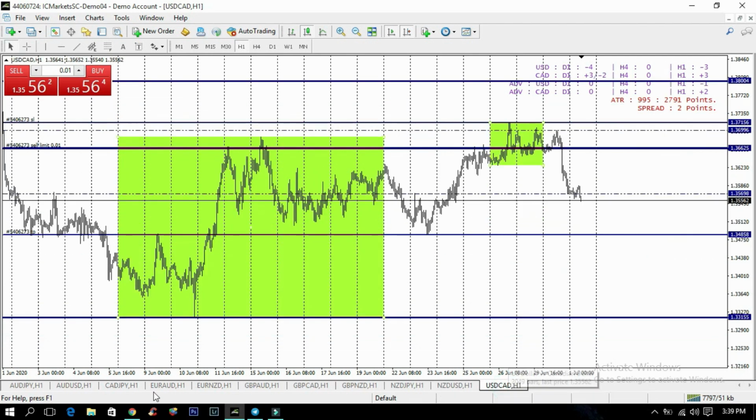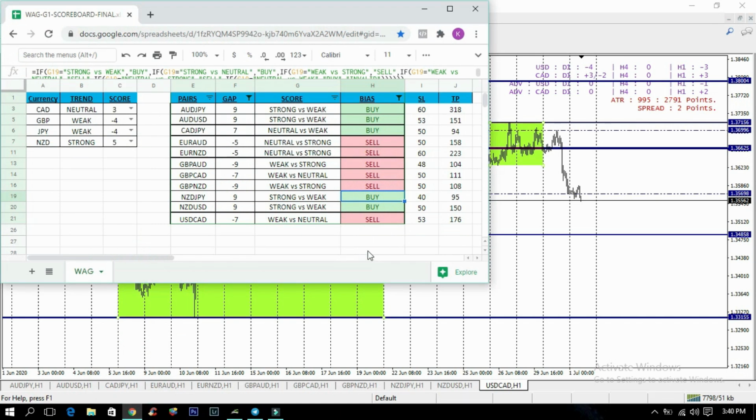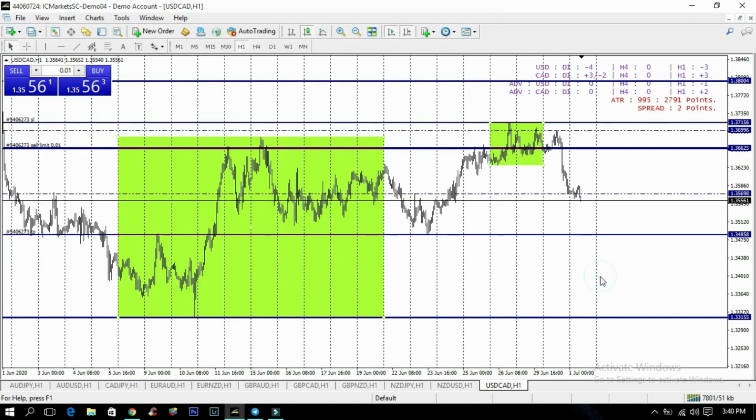And last is USD CAD, sell bias. Set natin yung sell limit dito sa line na to and set ang SL around 50 pips, and then TP is around